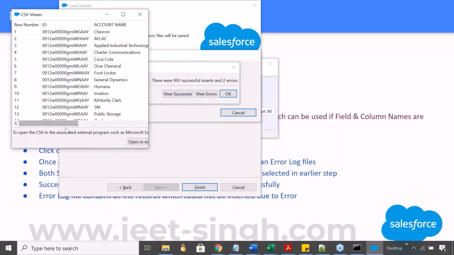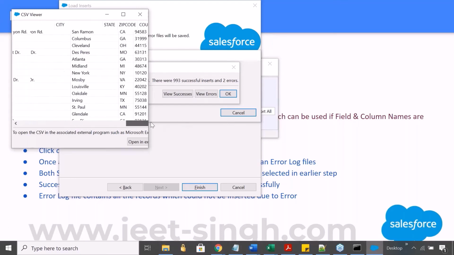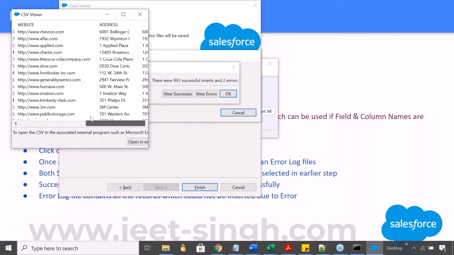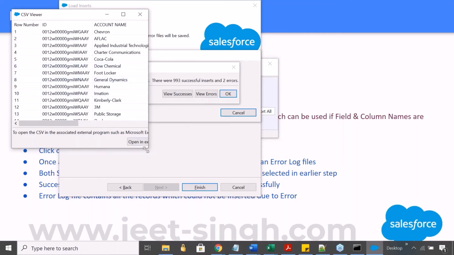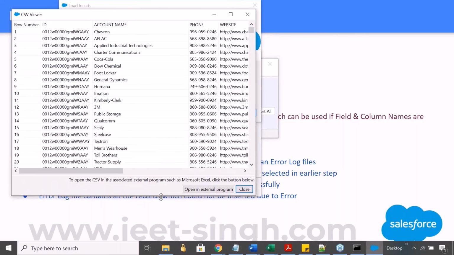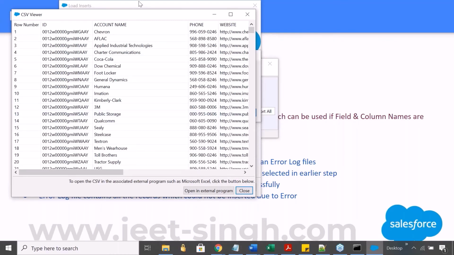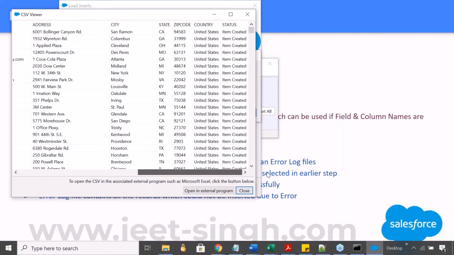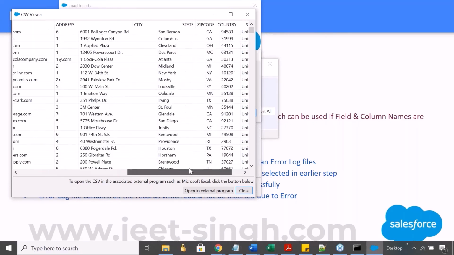If you click on view success, it will show you the success file also here. You can see it here, or you can go to your log directory at any point of time and open that particular file. Records inserted successfully.